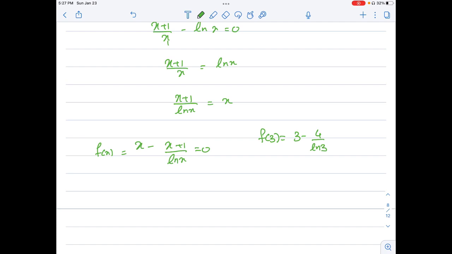This value is negative 0.641. Then I find f of 4. 4 minus 4 plus 1 is nothing but what? 5. 5 ln 3. So 4 minus 5 ln 3. So 4 minus 5 divided by ln 3. So it becomes